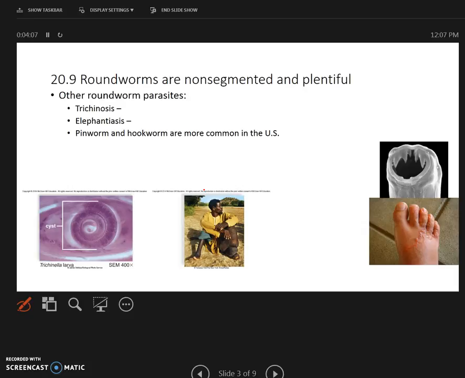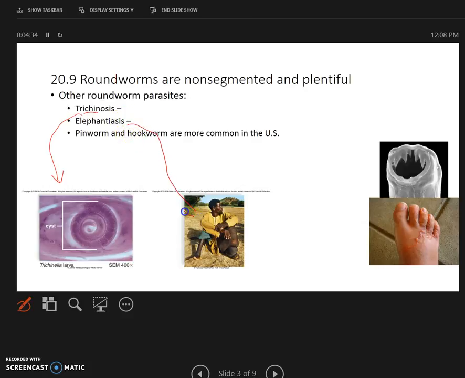All right, the other roundworms that we are interested in, some of the roundworms that I would like to discuss is Trichinella. The disease is called trichinosis, and as you can see, the worm will encyst in the muscles, very, very painful. It can infect also dogs and other animals where movement will be very difficult and often mistaken for arthritis. It's not arthritis.